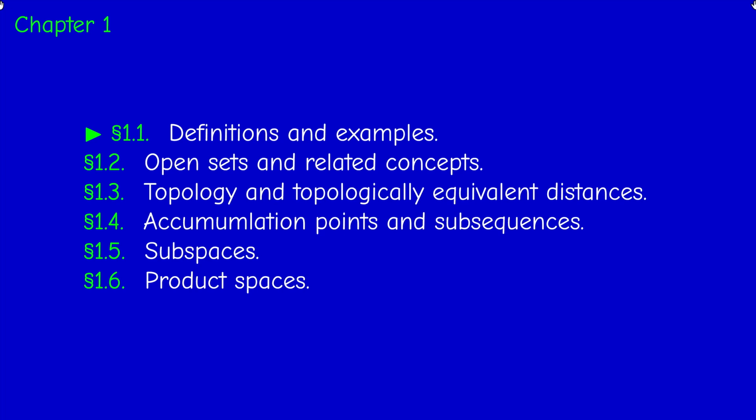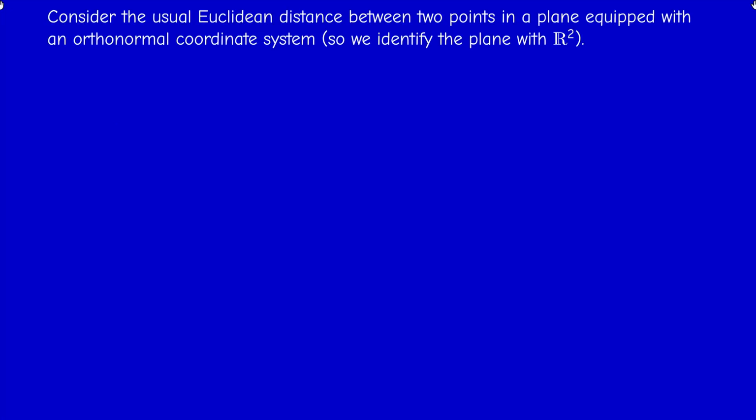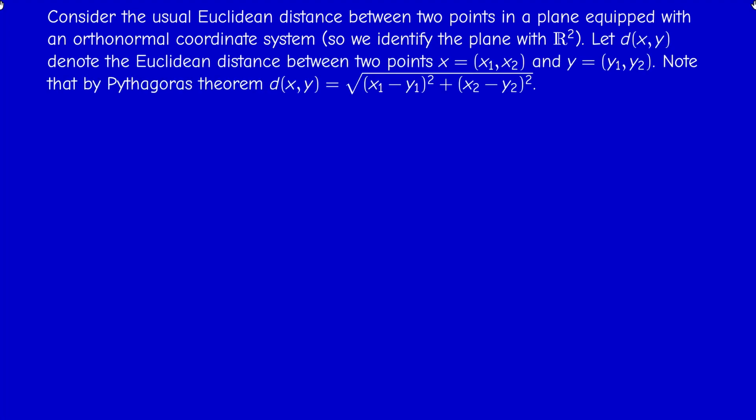So what is a distance? Let us start with the usual Euclidean distance between 2 points in the plane, where we have an orthonormal coordinate system. So we identify the usual plane with R2, the set of couples of real numbers x1, x2, or xy. If we have 2 points of coordinates x1, x2, and y1, y2,